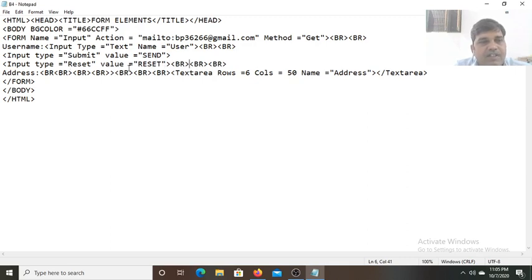Input type submit value equals to submit it is closed, BR, and after that address BR close text area. 6 rows column 50 name address text area close. No problem at all. Close.